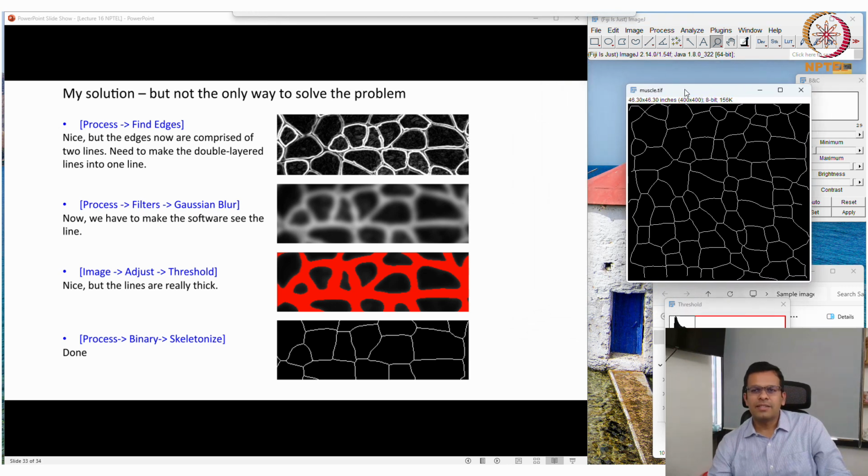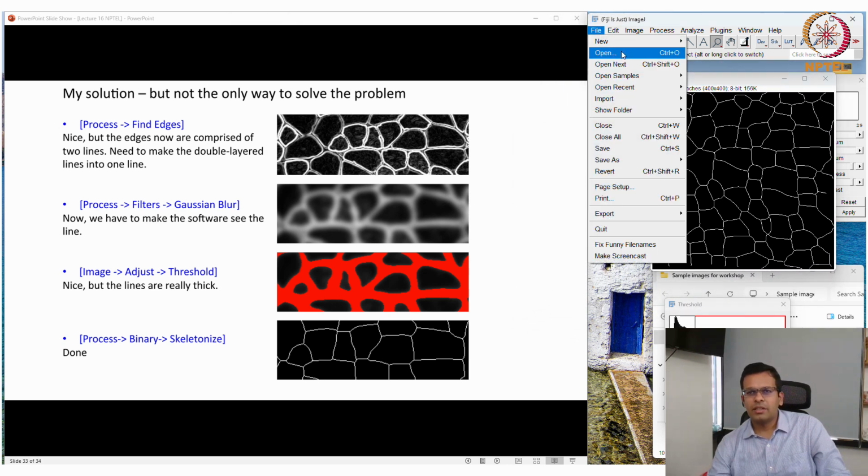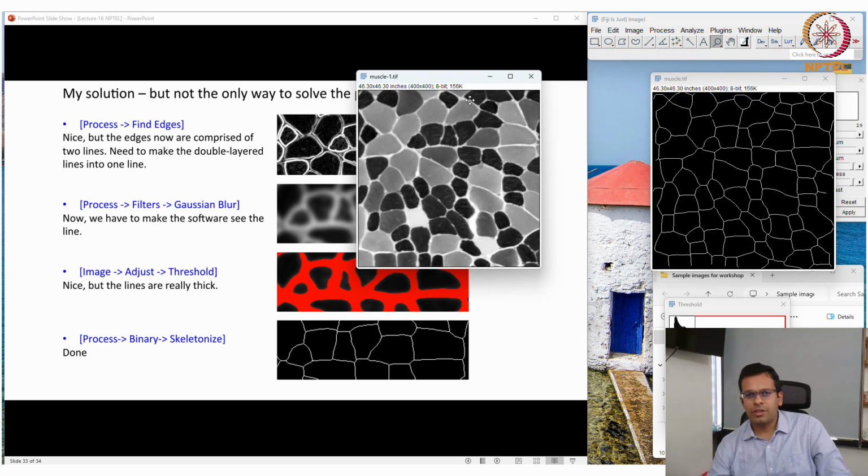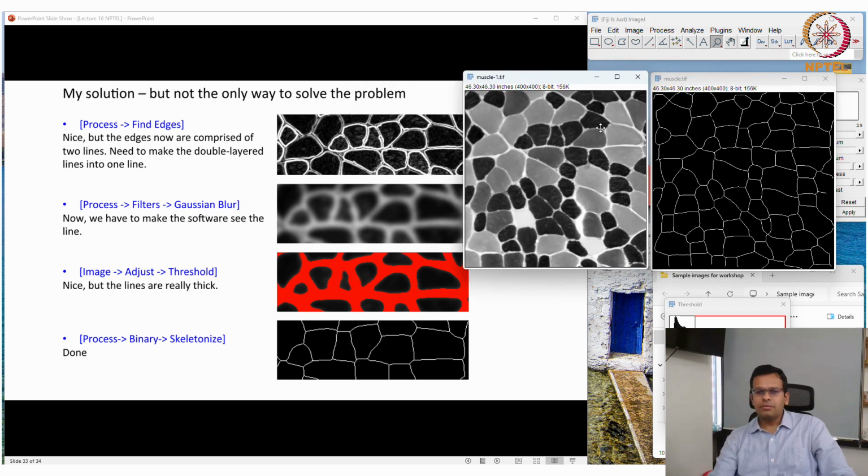So this is my segmented image of the original muscle.tif file. So this is how, using different operations of image segmentation and filtering. This is a filtering option, Gaussian blur, and the others, thresholding, find edges, erode, are the operations of image segmentation. So using multiple operations, I finally successfully segmented this image. So this is how you should try several operations to make this kind of image segmentation.